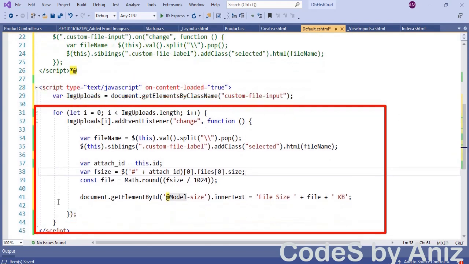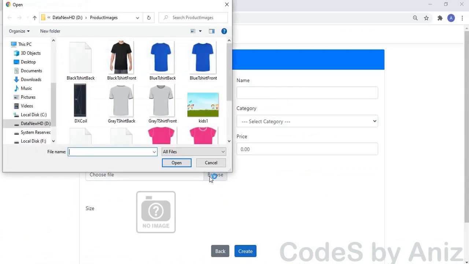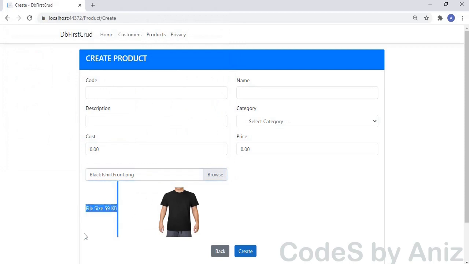Only jQuery has trouble executing inside the view components, but our old friend traditional JavaScript does not have any limitation. It can execute and run anywhere in the project. It can run in view components also. This function is a little tricky. We are using the pure JavaScript function to attach the code to the event handler, but the method inside the event handler still uses jQuery. Please pause and copy this function. Let's run the application and select the image file. Wow, now the size and name of the selected image file is displayed properly.